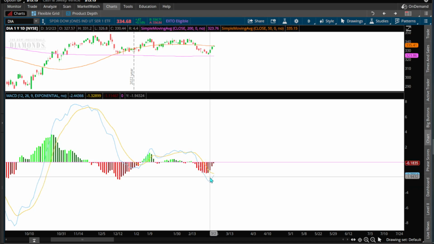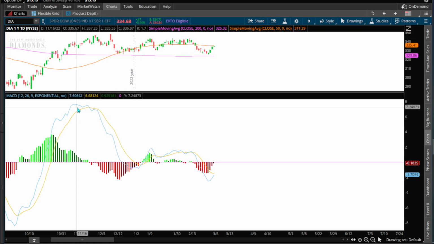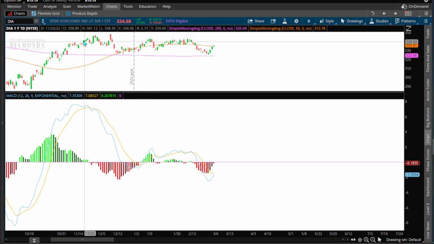So now we're having that bullish crossover, which is something to pay attention to. Now, sometimes these crossovers can be a little bit tricky, like right here. You can see that the blue crossed underneath the yellow. That's basically a bearish crossover. But price action chopped around a little bit, and there were a lot of events going on here. Like right here, we pretty much had the summary of economic projections in December, and we had some inflation data. So you guys can clearly see that there is some crazy chop going on here,